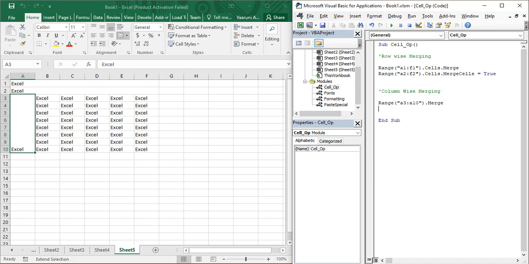There is another method. If you just type in range A3 till A10, then put a dot, and then we are going to use this merge cells. Since this is a property, we got to provide it with a value, say true. So let's execute it again. Nothing happens, and this time when this executes,